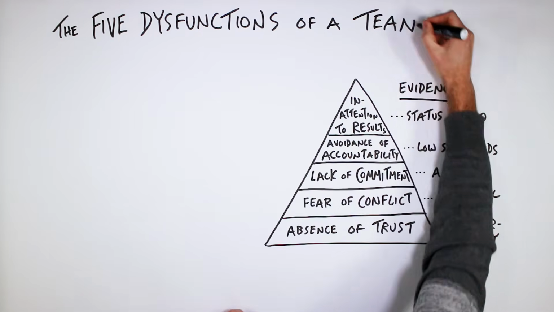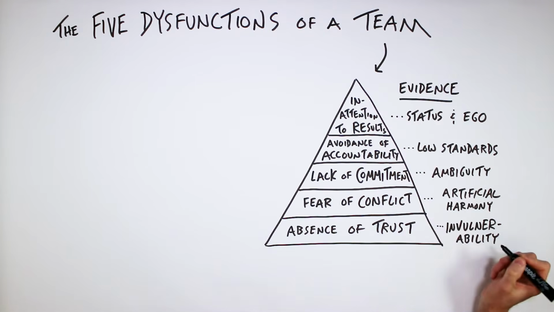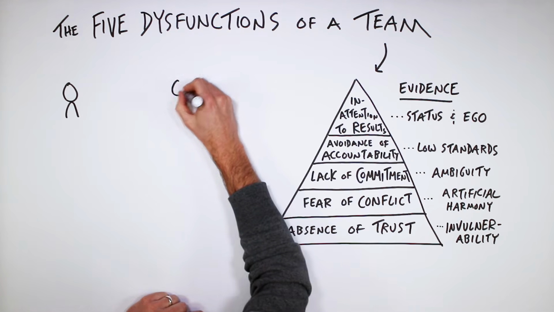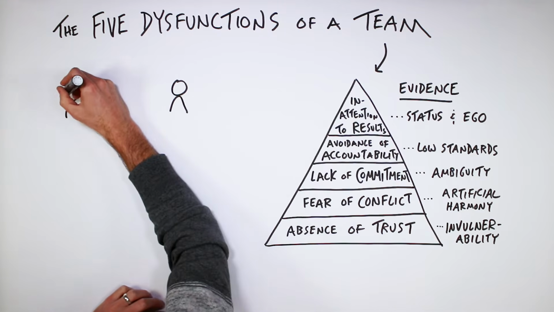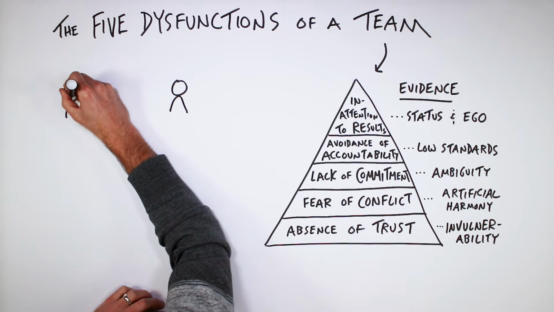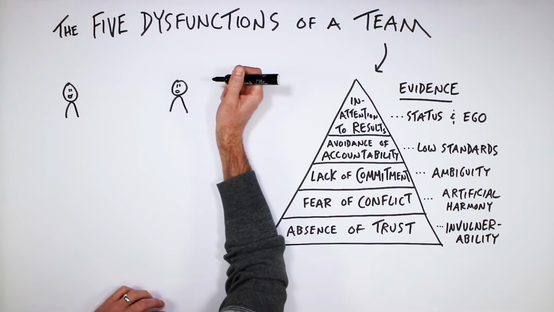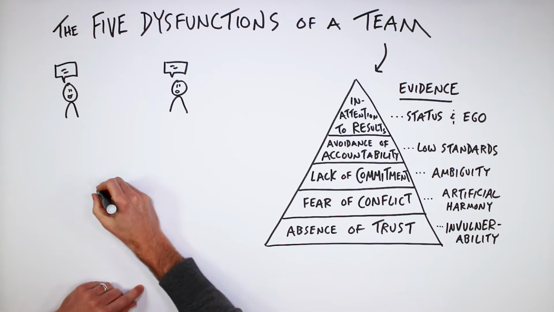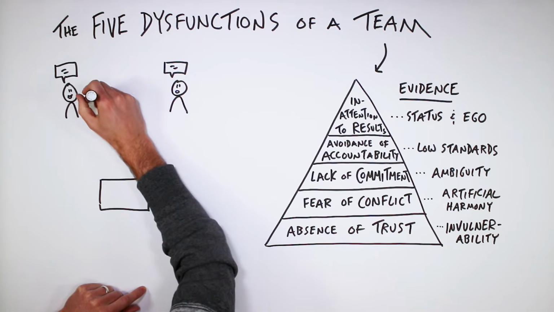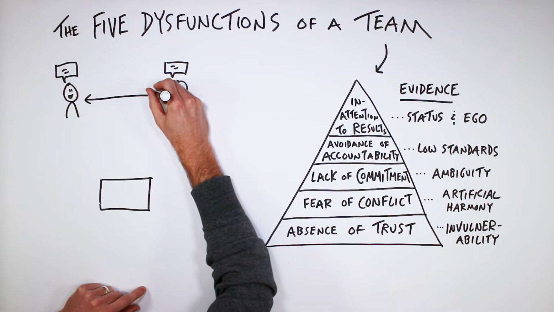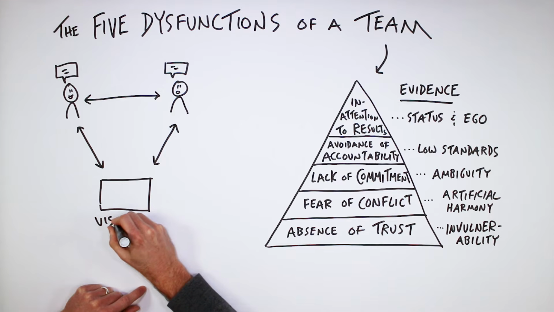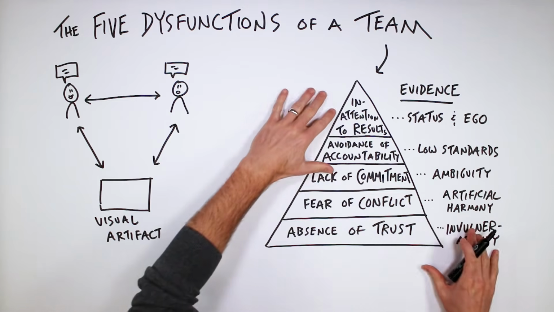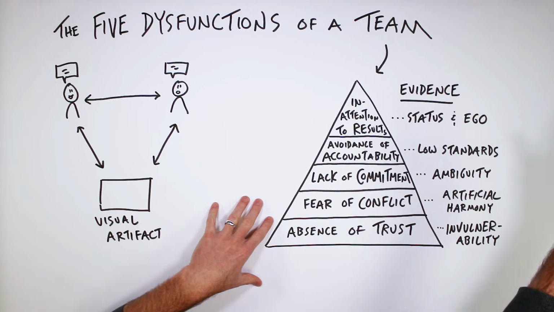Let's look next at one technique, one approach that you can use to address these dysfunctions. And the shape of that approach happens to be the inverse of this triangle. It's a technique that involves moving beyond the typical style of communication with 2 or more people just talking things out, and instead introduces a third point. So that instead of relying on just this back and forth, you have a visual artifact to build out and reference throughout the conversation. Similar to how the new CEO sketched out this pyramid on the whiteboard